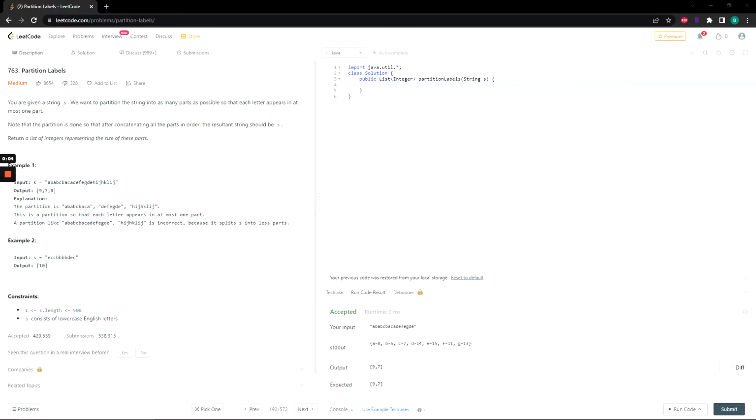And today we're going to be looking at problem 763 titled Partition Labels. So we'll read through the prompt, we'll talk about the pseudocode, we will walk through an example, and then we'll code up a solution. So you're given the string S, and you want to partition the string into as many